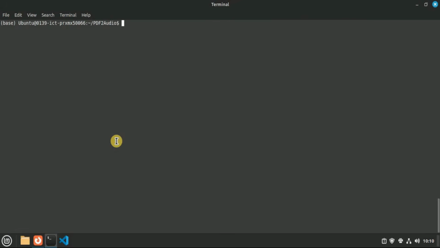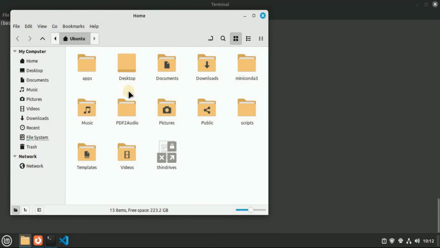Once this is done, next, you need to set up the OpenAI API key because the PDF to audio uses the OpenAI API in order to firstly convert the PDF files into a dialogue and then uses the OpenAI text-to-speech model in order to convert that text into audio. So you actually have to set the OpenAI API key as an environment variable. You can either do that using the terminal or you can manually go to the directory.